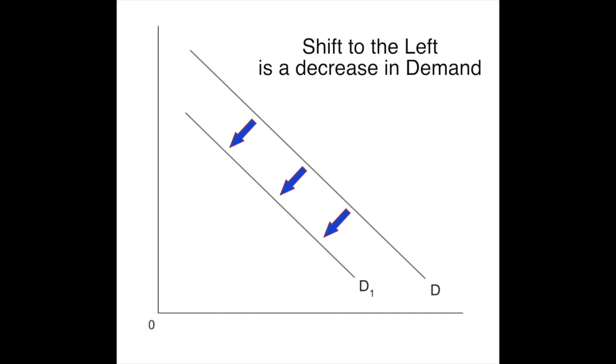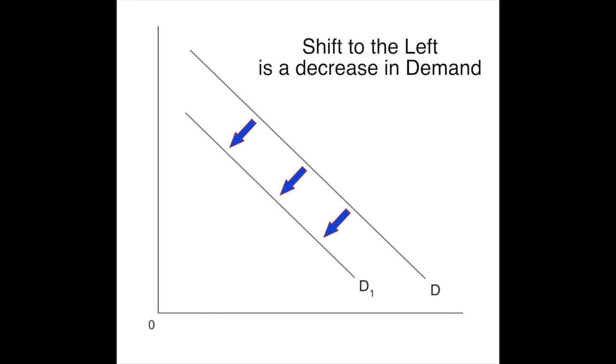Next, we're going to talk about shifting the demand curve. And the demand curve can shift to the left or to the right depending on what's happening. These shifts are non-price factors. So we're not changing the price of the actual product in question all by itself. What's going to happen is there's going to be a non-price factor that's going to cause this shift. So anytime we're talking demand, or even supply, if we're saying that the demand shifts to the left, that's going to be a decrease in demand.